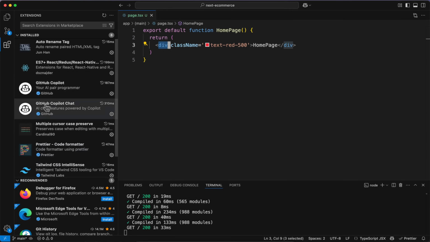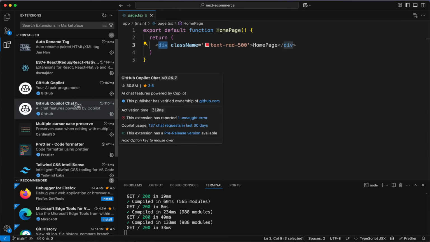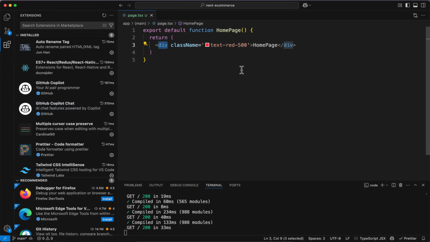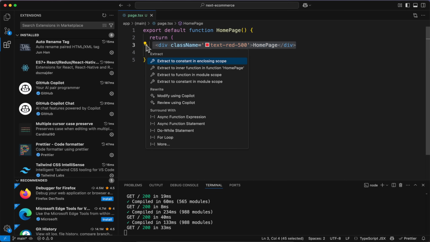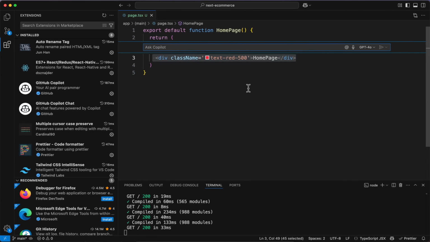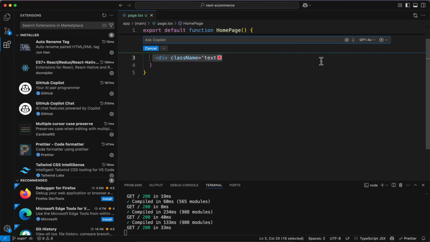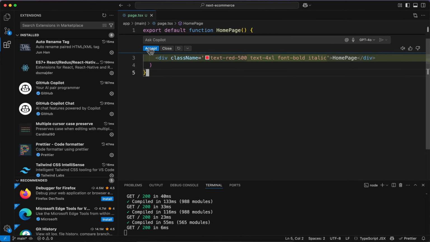So I have the GitHub Copilot. These are paid extensions. You don't need to install them. I use them for just faster coding. And sometimes, for example, if I have some error here, or I need to change this one, I just choose this one, click here, and click on modify with this Copilot chat. For example, I said, change this and make the text bigger and more stylish. If I want to quickly add some styling or other things, as you can see,